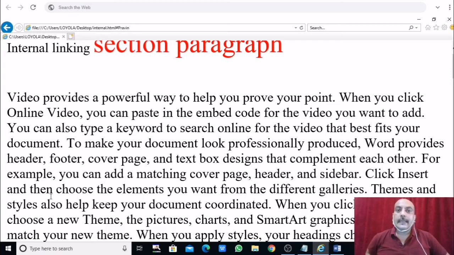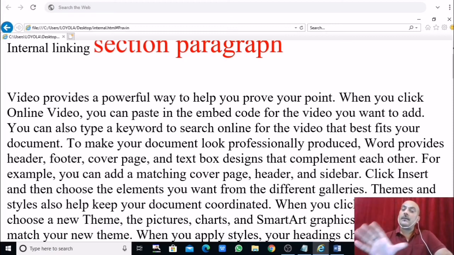So I think there will be no confusion, right? That's it. This internal linking I have created in the same page. Now there is also a method to create internal linking to a section in a different page, right?